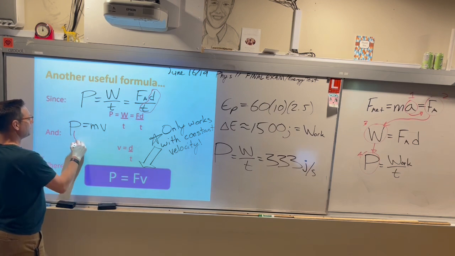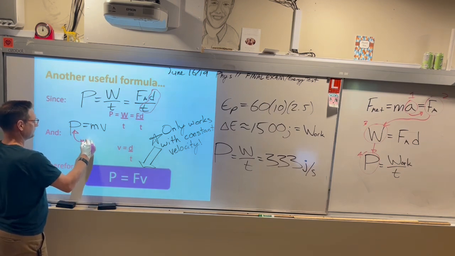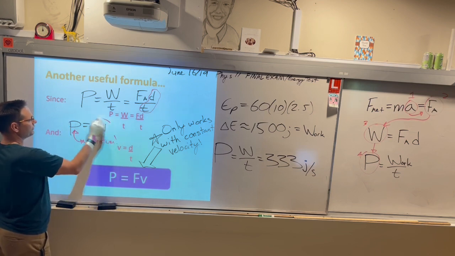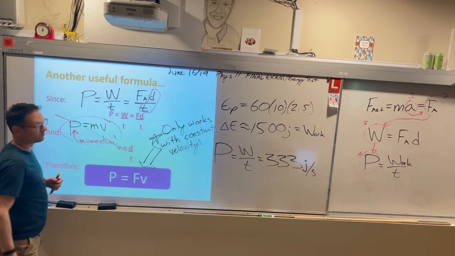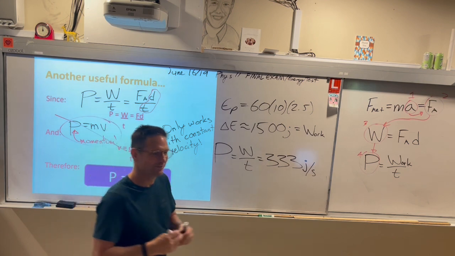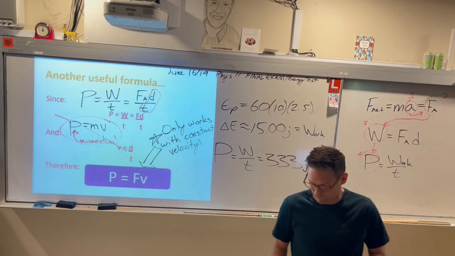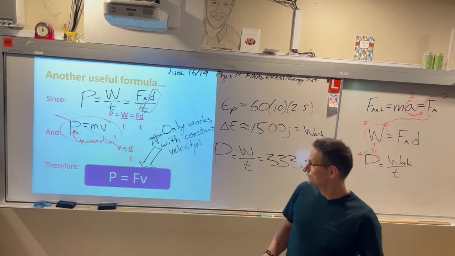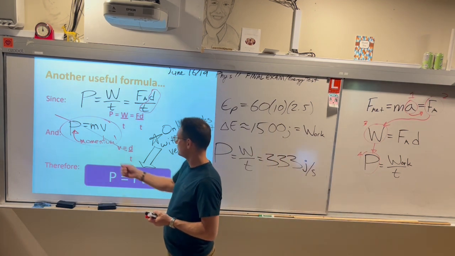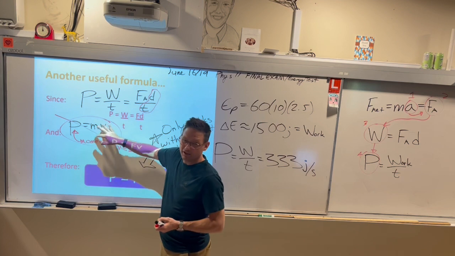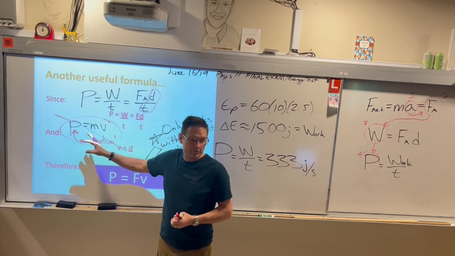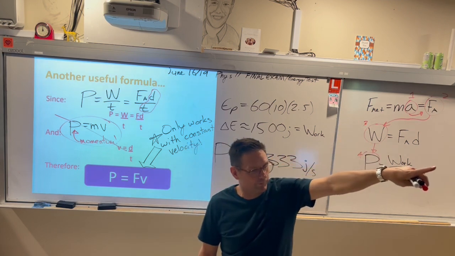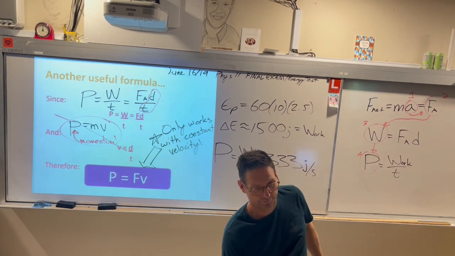This is momentum. We used to learn it in grade 11, but we don't anymore. Don't worry about it. It's not for you. You'll learn it next year. I can teach you about it. I taught Gordon a little bit actually the other day. We were talking about momentum a bit. But this is not power. It's very useful, but you don't need to know this. So that's not the power formula. The W over T is power.